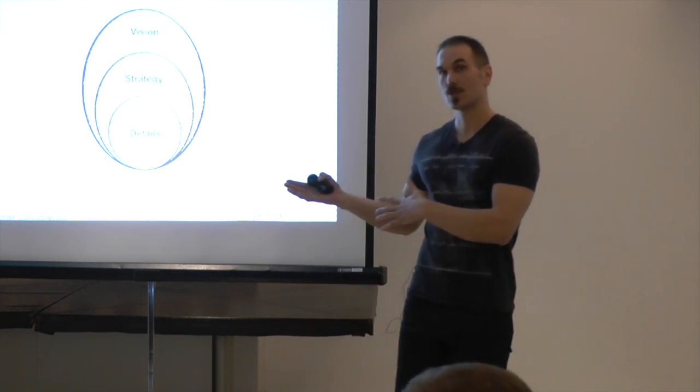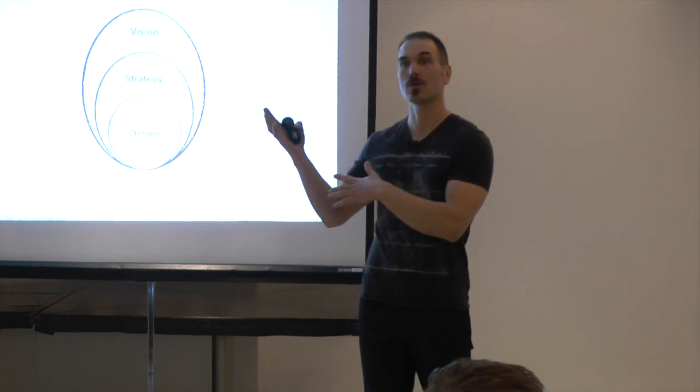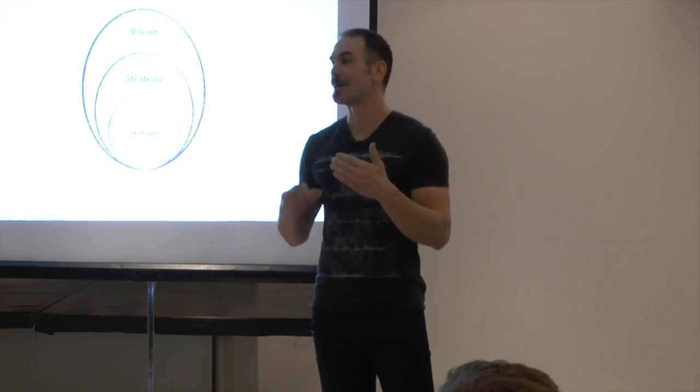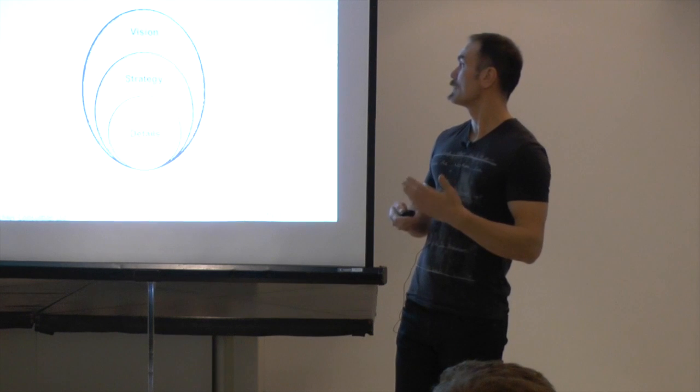So lots of attention to the details, quite a bit of attention to the vision, but sometimes there's a gap in the middle, and this is where, at least to a certain extent, the product roadmap comes in. One of the benefits of the roadmap is that it provides a link between the vision and the more operational level, the user stories that you then find typically in your product backlog.